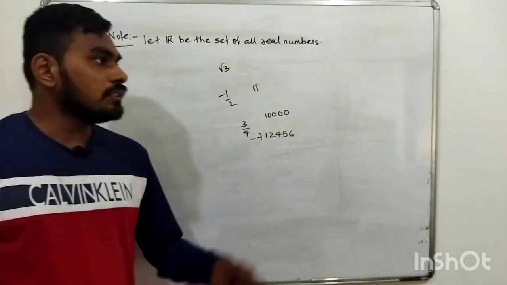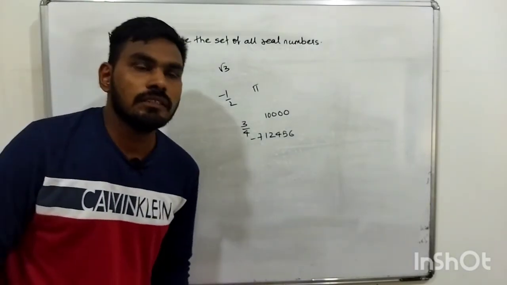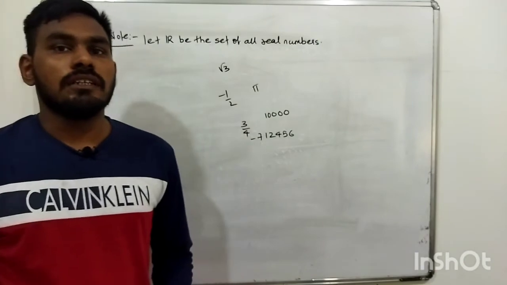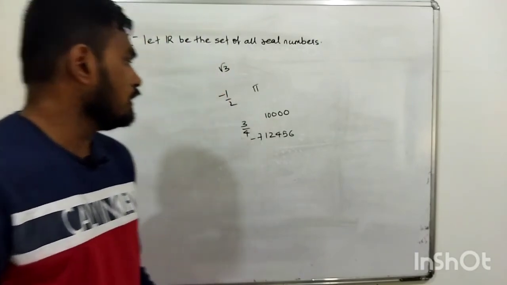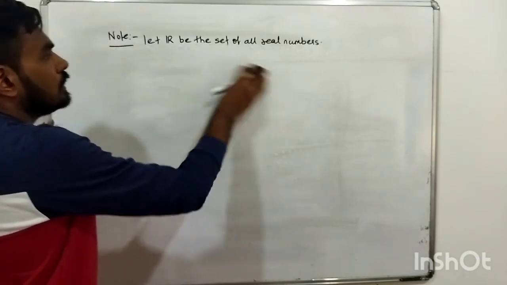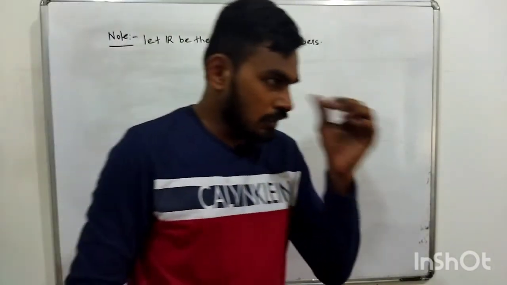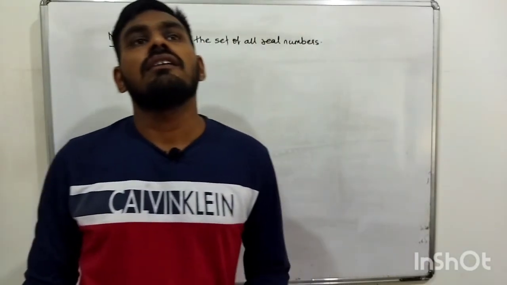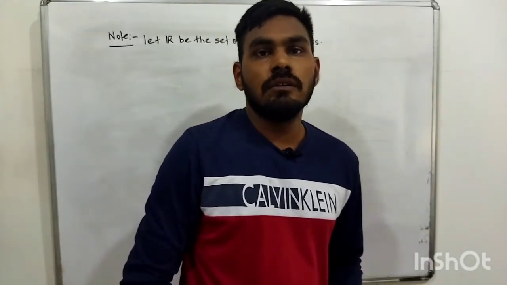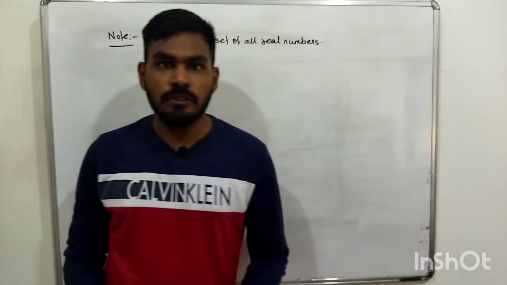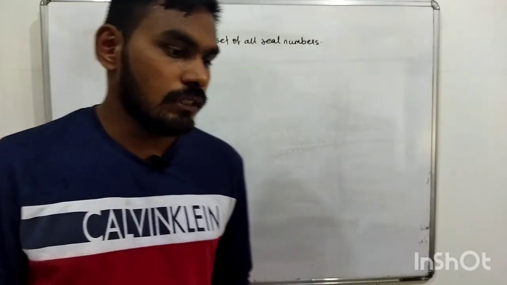Understood? Above this also there is a type, complex numbers. So that you are going to learn further. But till now, whatever you have learned, all those numbers are real numbers. Okay. In those real numbers, there are rational numbers, irrational numbers, and there are integers, whole numbers, natural numbers, even, odd, prime, all those. So whatever numbers you have learned till now, all are real numbers.